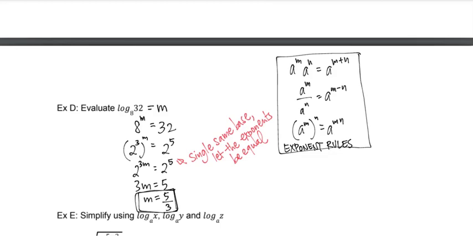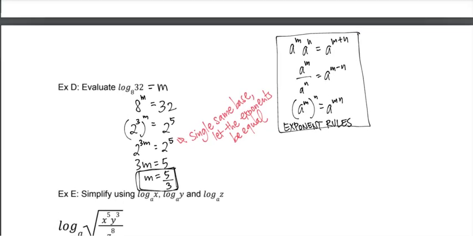Okay, that's basically all we did in 8.3. Is just switching from exponential to logarithmic, or logarithmic to exponential, and then solving. All right. It's in 8.4 that we get a little bit more complicated. In 8.4, we learn the log laws,